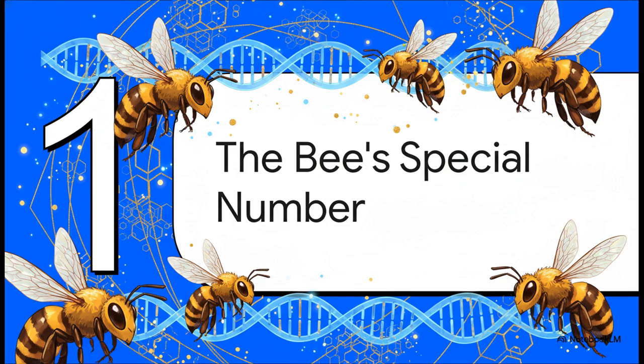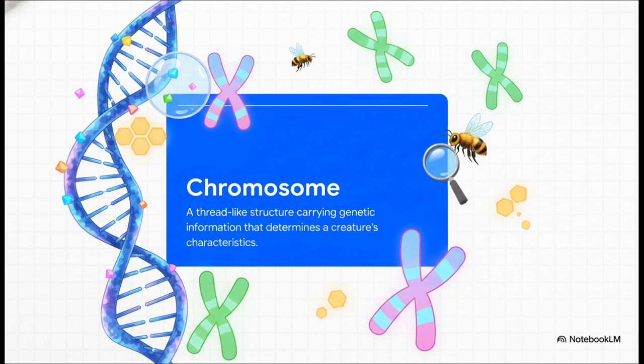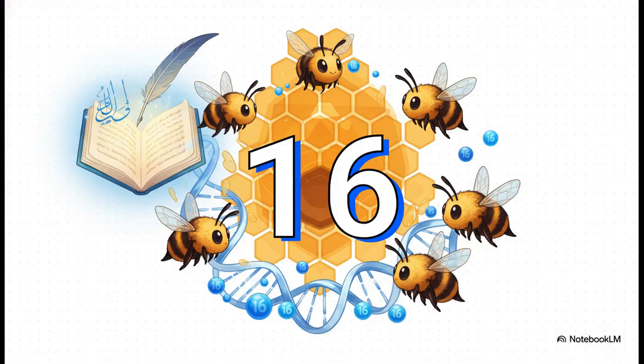The entire argument really hinges on one specific biological fact. To get this, we just need a quick biology refresher. What's a chromosome? Basically, you can think of it like a tiny package that holds a creature's DNA. It's the genetic blueprint for everything it is and everything it does. And the number of chromosomes is a really fundamental part of what makes a species, well, that species. And here is the single most important fact for everything we're about to discuss. The male drone bee has exactly 16 chromosomes. So that number, 16, is the key. It's what supposedly unlocks this entire pattern. So remember that number, 16.